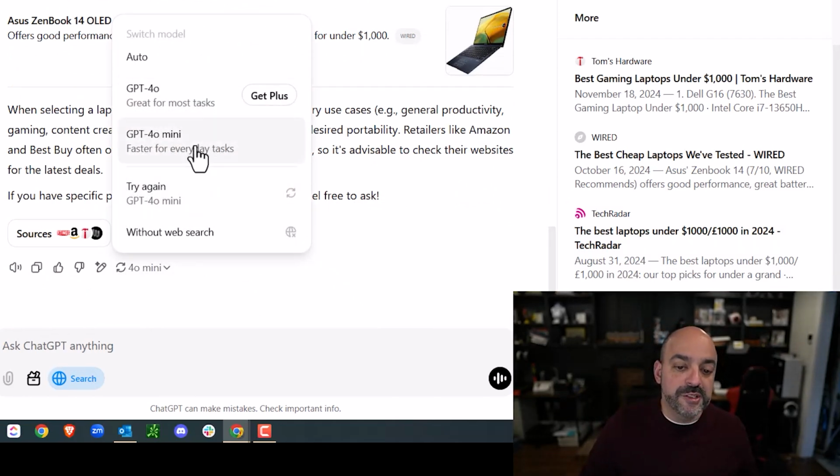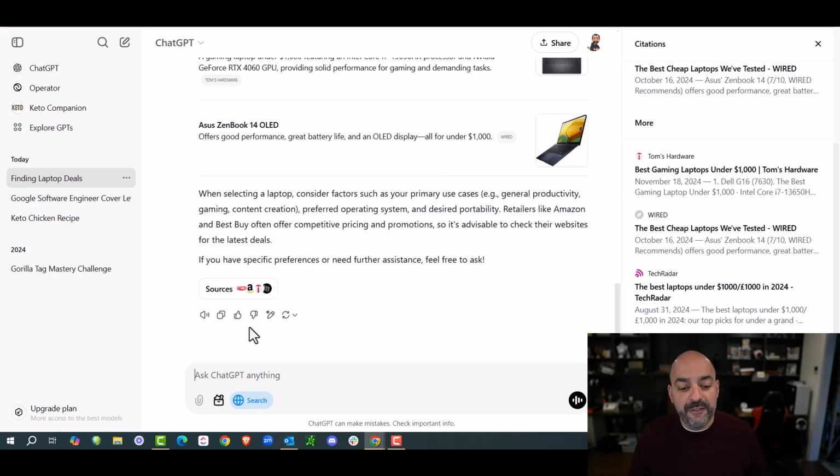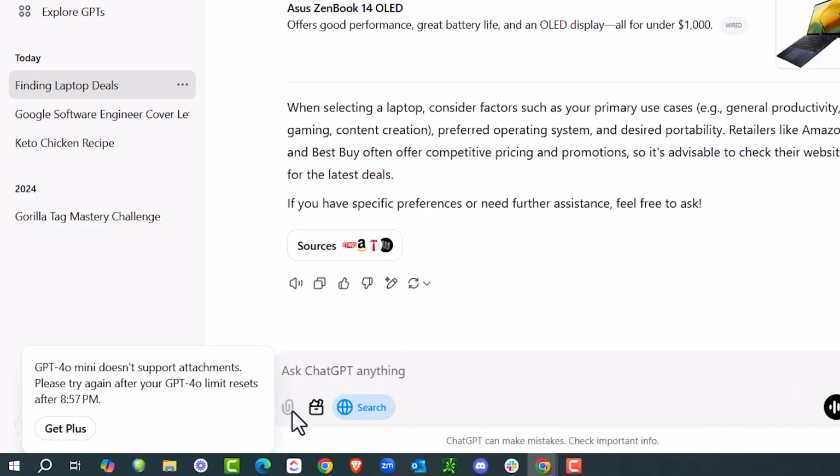And if you don't like the answer, or you want to switch to different models, you don't have a lot of choices, but you could do it in here. And if you want to say, hey, this was not a really good response, you can. And if you wanted to read it out loud, you totally can hit that button and it will. Now, you're also going to question this little paperclip. It doesn't support attachments based on the resets because, again, I have the free version.